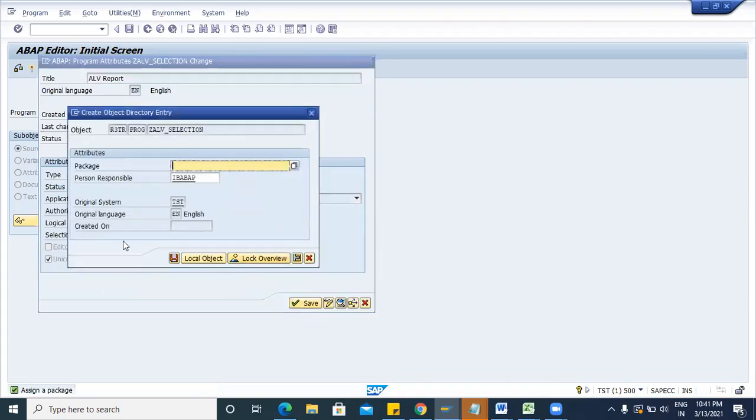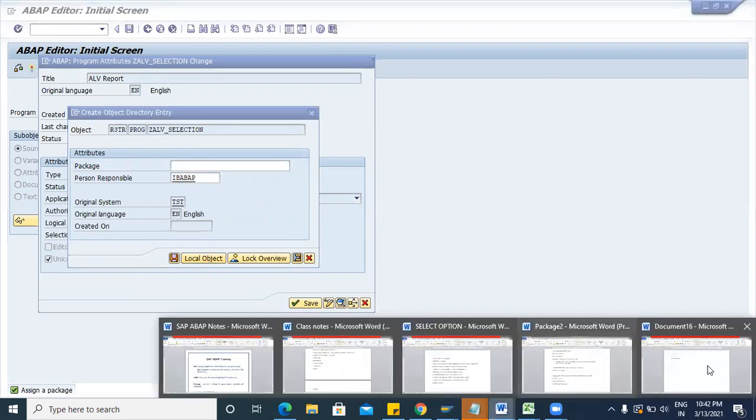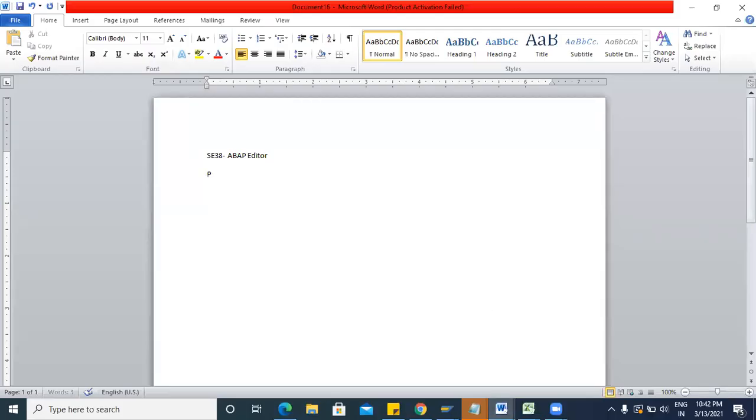Now it will ask for the package because if we are creating any development object, then it will ask for a package. Okay. Program is a development object. Program will be stored in the package. Then a package will be stored in the TR.